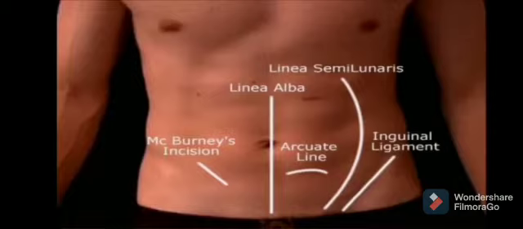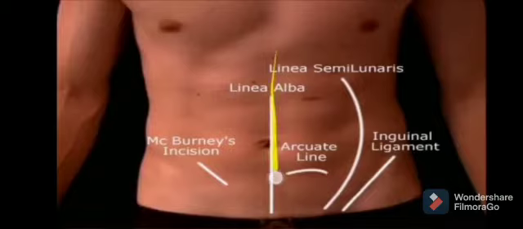Of these, the most important one is the umbilicus. Umbilicus is the remnant of the umbilical cord. We have this line of groin here, the fold of groin, in which lies the inguinal ligament. Then in very lean muscular people, you can see on this side a line which is called linea semilunaris, and it marks the lateral boundary of the rectus sheath, or you can say the rectus abdominis muscle.